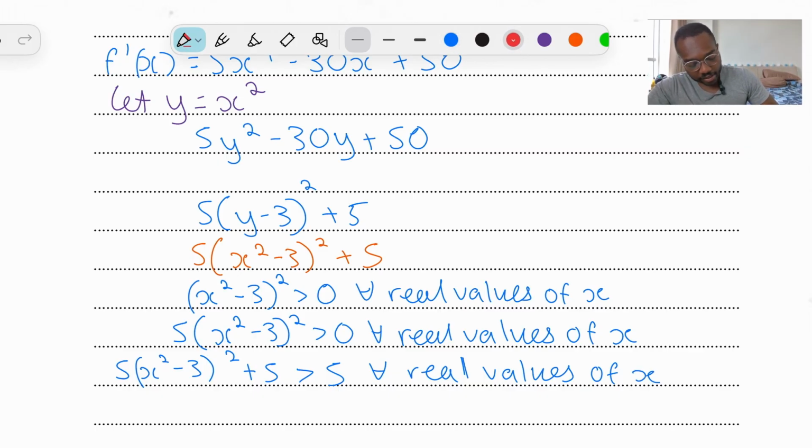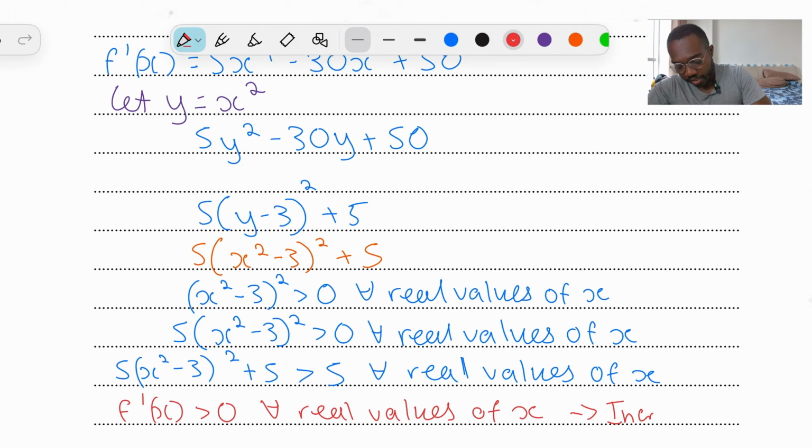Well, we know that f dash x will always be greater than 0 for all real values of x. Therefore, we can say that it is increasing, okay? It is increasing, because it doesn't matter what value you have for x,